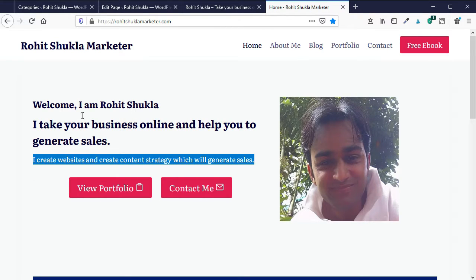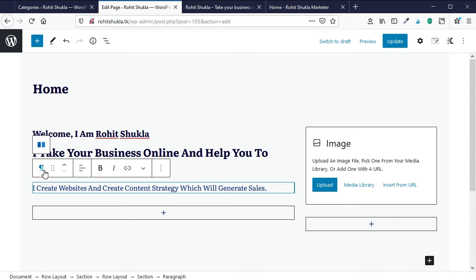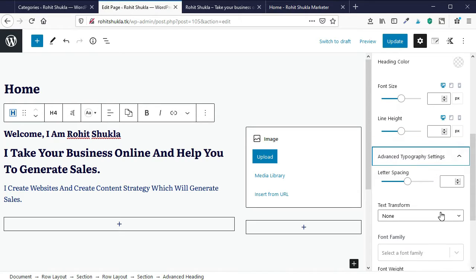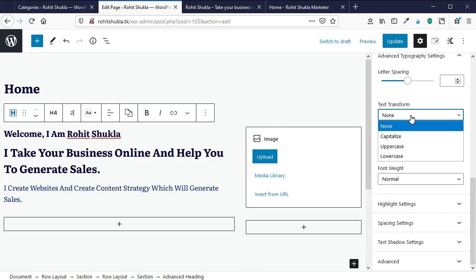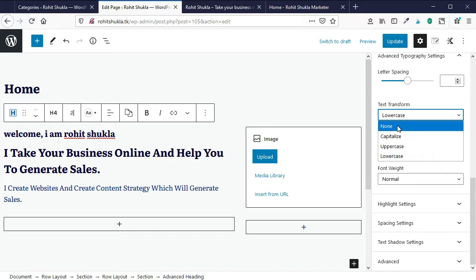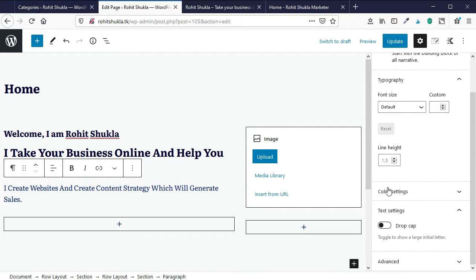Now in the third row we will simply add a paragraph block. In this block setting you can see there are lots of settings here, so you can change the formatting of this text. Now I just select none, and now it is showing correctly. Now I will do the same steps with the next two sections.